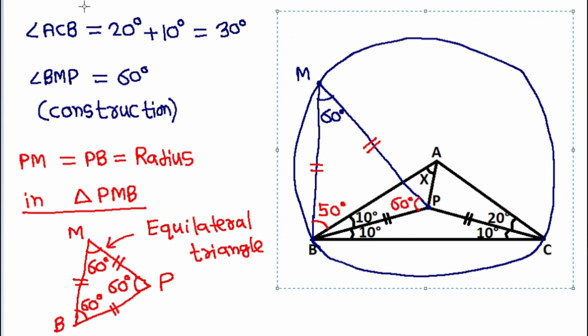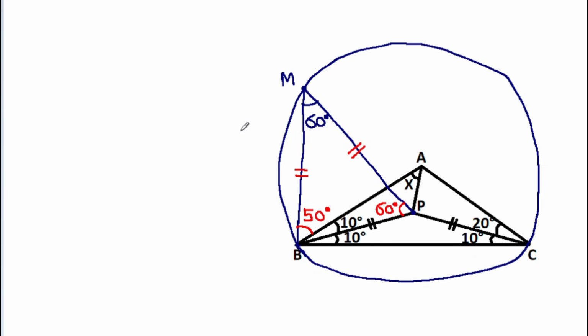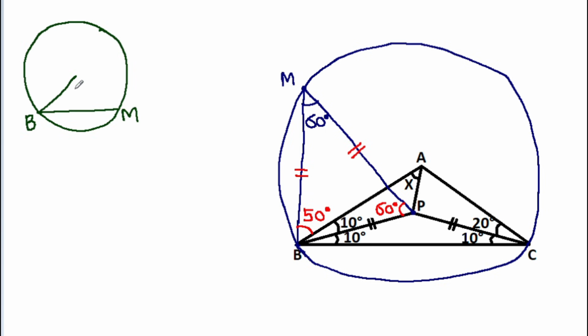And now in any circle, any chord, suppose BM, if it is making an angle theta at the center, suppose P, then on the circle, suppose C, it will make an angle of theta divided by 2,